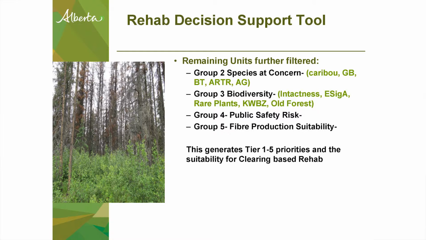One is a group 2, species of concern. What are the risks of clearing activities on habitat? And would that value actually be benefited by such activities? The next one is biodiversity, the same thing. Are we going into areas where knocking down and replanting would actually decrease biodiversity? Will it decrease intactness? Will it degrade a key wildlife biodiversity zone that might be under thermal protection? So would entering to do those activities be harmful in the long run? Clearly we have to identify those up front.